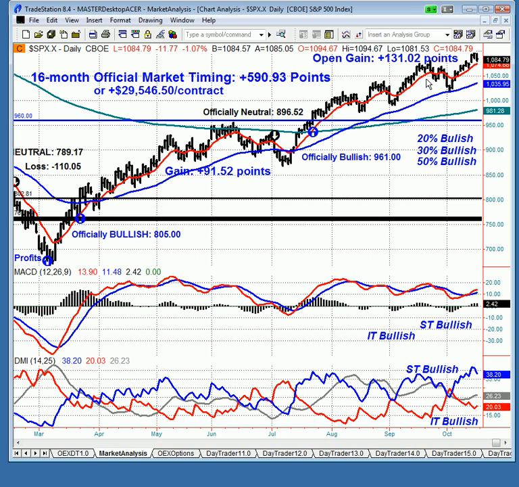Hopefully we do, and we'll just continue on higher, bust through 10,000. That would be great for everyone's long-term portfolios. However, as traders, we don't really care where the market's going to go, just as long as it's going somewhere. That being the case, we do remain officially bullish, and as you can see, as of yesterday's close, our official